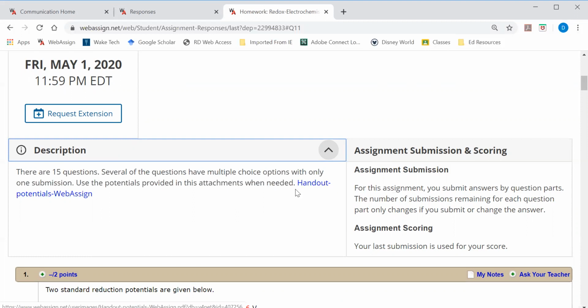It is these values that you need to use when finding your standard potentials, not the ones from the textbook and not the ones that I have provided. And the same was true for your thermo homework. There was a link in the top of the assignment in the description to the values you needed to use. So this piece of information should solve a lot of the problems that you've been having with